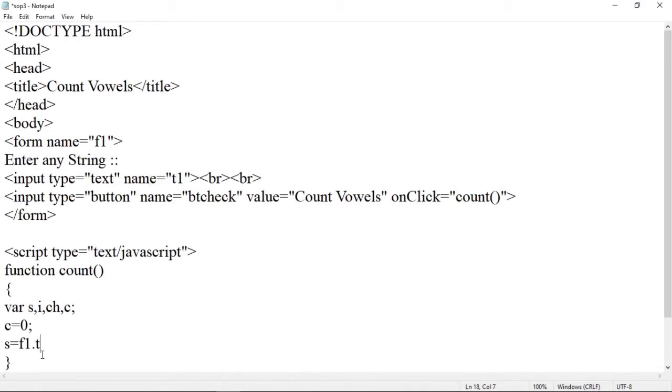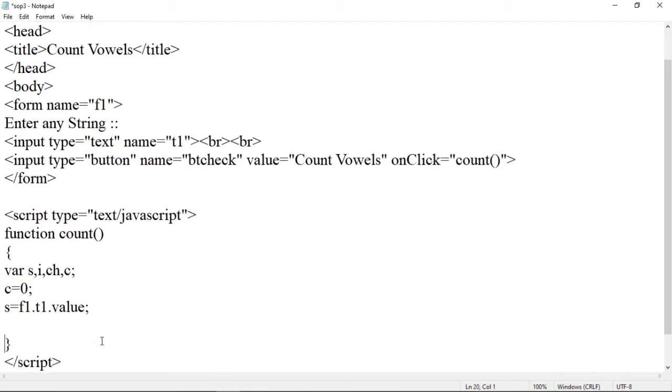So f1 dot t1 dot value. So the value entered in the t1 text box will get stored in the s variable now. Okay, so we have declared the count as 0 and we have stored the string in the s variable.